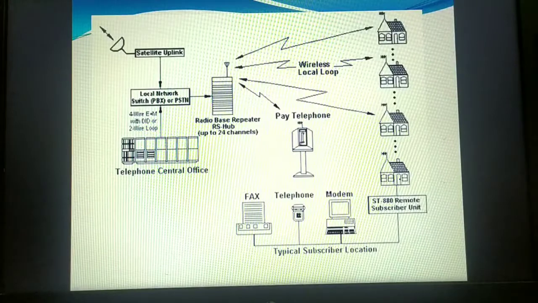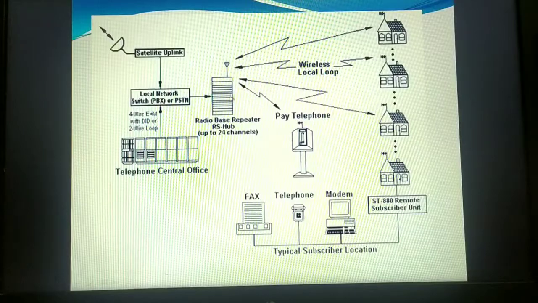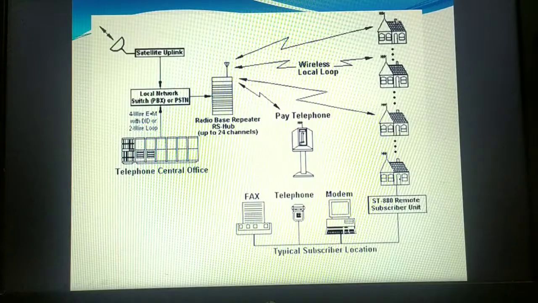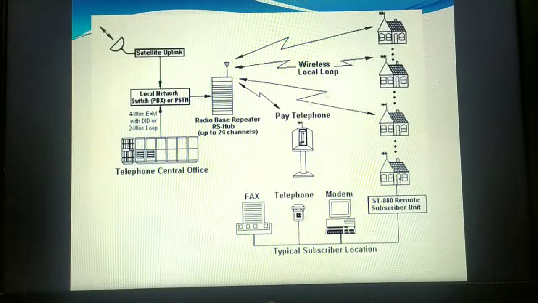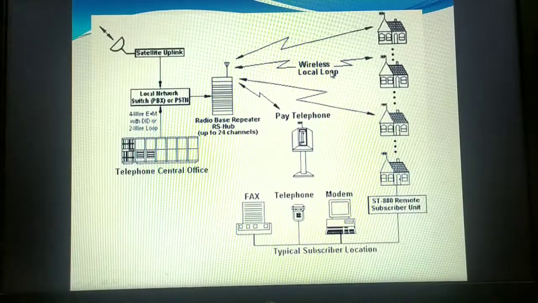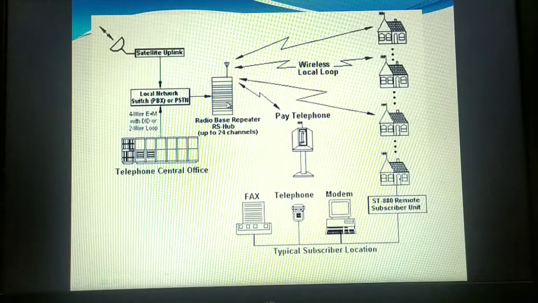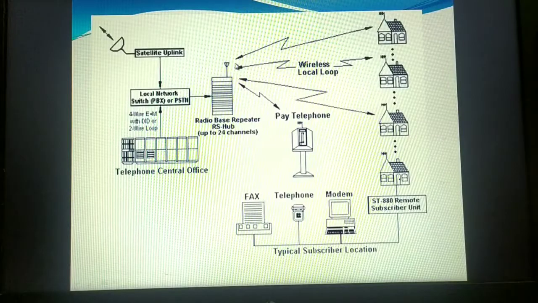WLL serves the local area by deploying a multiplicity of multi-channel transmit or receive base stations, known as transceivers, that are within the line of sight of the intended customer. That means WLL is working in a local area network, within the same city, by having an antenna, which is nothing but a transceiver, having the capability to transmit and receive data, and it should have direct line of sight propagation to the intended customer.